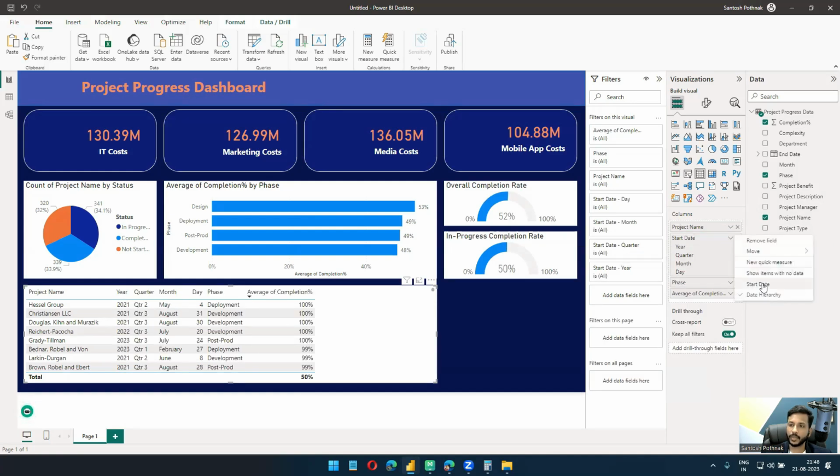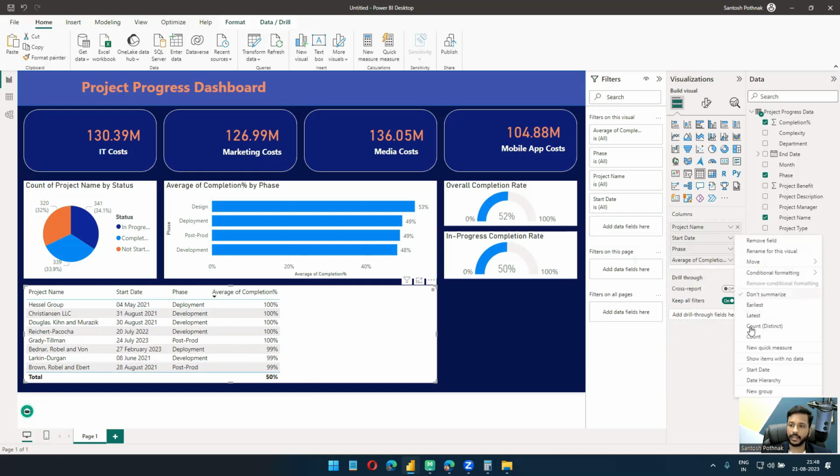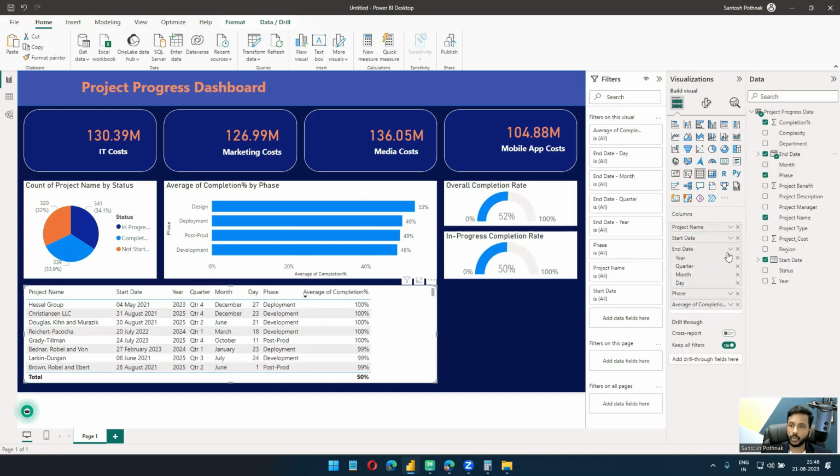Maybe we'll convert this into only the date format instead of showing year, quarter, month separately. Just click on this drop down and click on the dates. Select the date. Here, start date. So now I wanted to add end date here. Again, after adding the end date, I'm going to select the drop down and select this end date only instead